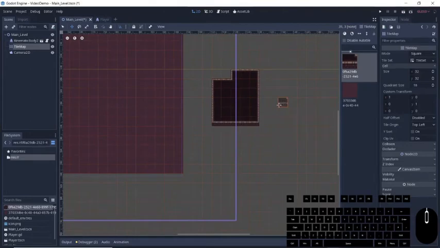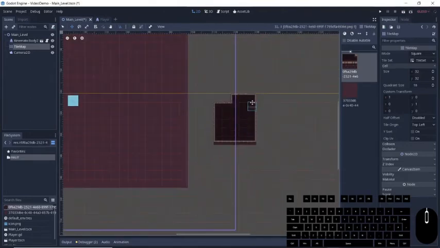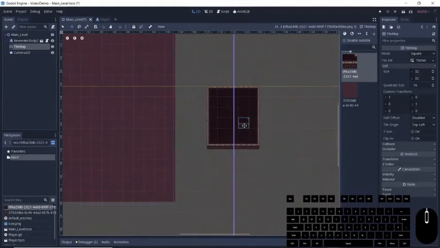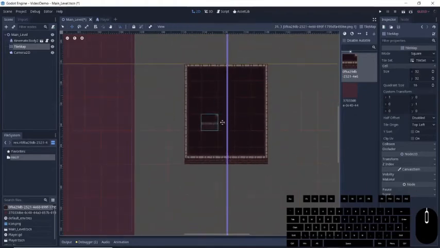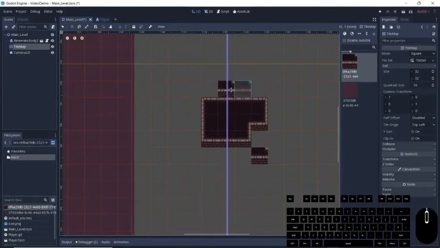Okay, and there we go. We can see we've drawn our wall in, and we can see how it works. It draws this inside if it's the inside of the wall, and these are all the outsides of the walls. I'm going to explain to you how logic works, but first let's go ahead and delete this, and let's draw